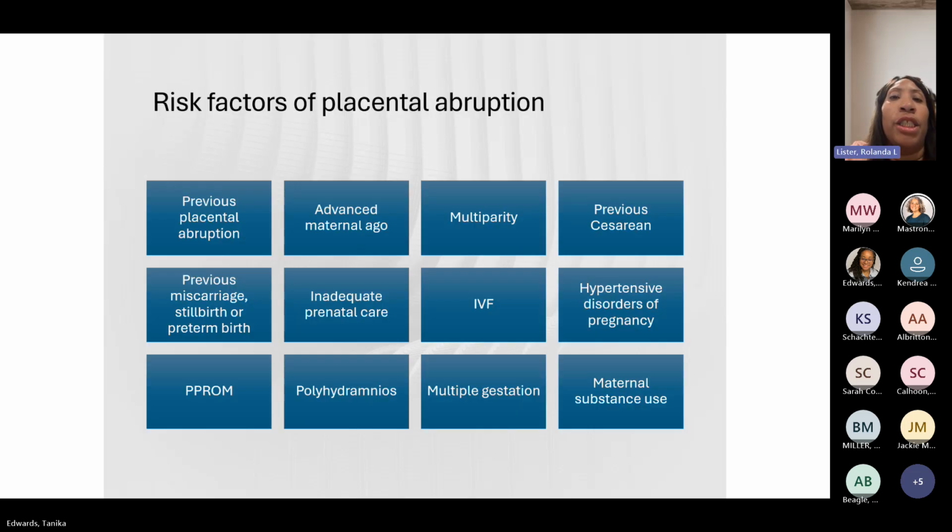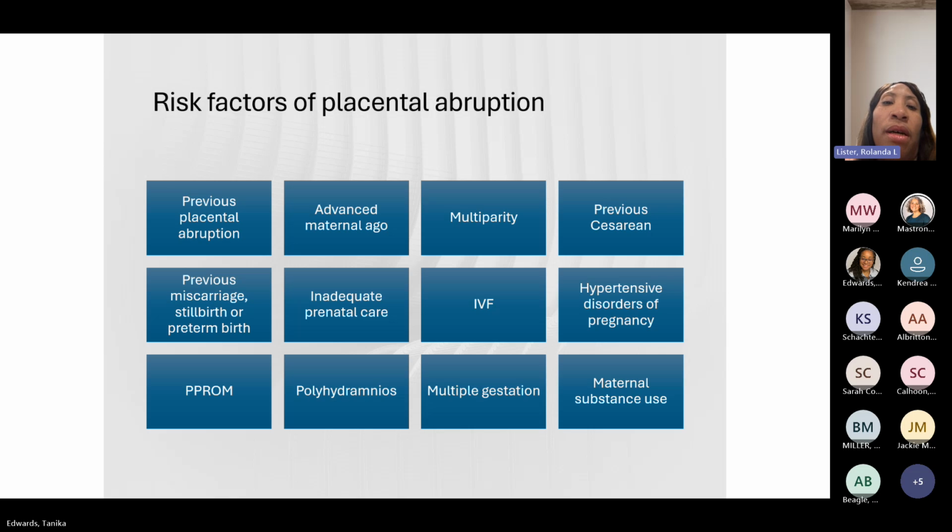Some of the risk factors for placental abruption are probably pretty familiar to this group. The number one is a previous placental abruption, then extremities of age, so really young and really old, multiparous patients, a prior C-section, a history of previous miscarriage or stillbirth. Conditions like antiphospholipid antibody syndrome can predispose to placental abruption. Limited prenatal care, assisted reproductive techniques such as IVF,